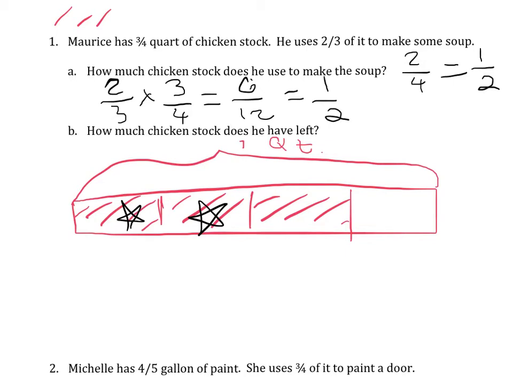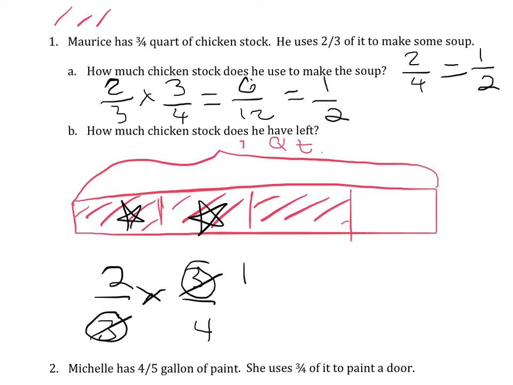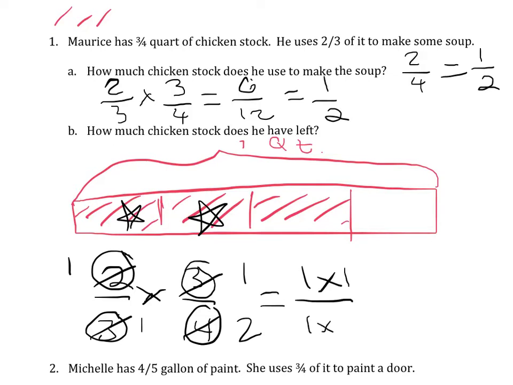Down below, I'm going to look at that problem again. I could have 2/3 times 3/4. And you can look for common factors in numerator and denominator. I have a 3 on the top and the bottom, so those could both be divided by 3 and make them into 1. The 2 and the 4 both have a factor of 2, so I could divide them both by 2, and I get 2 on the bottom and 1 on the top. And then I have 1 times 1 over 1 times 2, which equals 1/2,